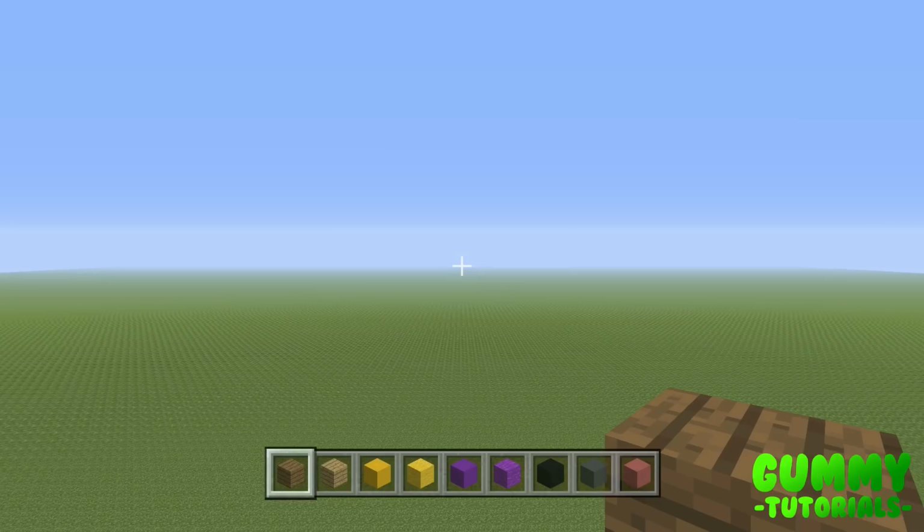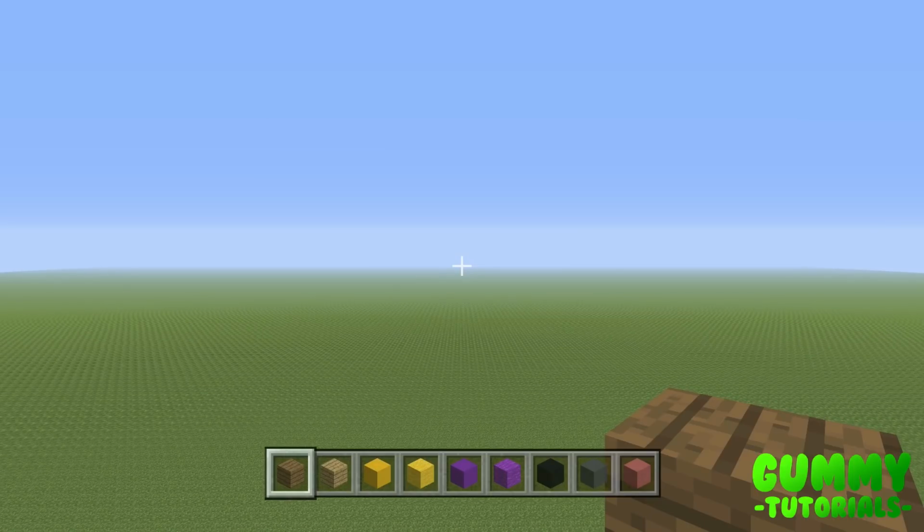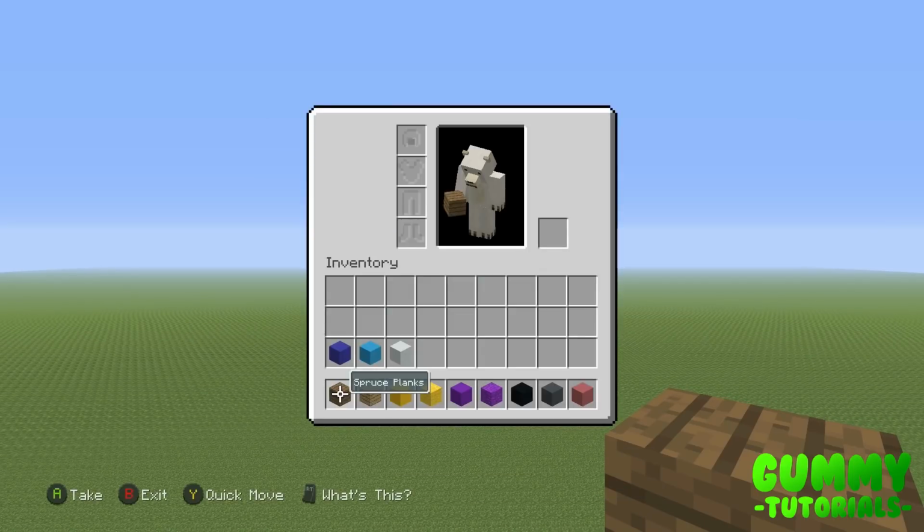But anyways, with that said, again, we are doing the Rockstar Freddy plushie, and the blocks you're going to need are the following. You'll need spruce planks, oak planks, yellow concrete, purple wall, black concrete, grey concrete, pink terracotta, blue concrete, light blue concrete, and also white concrete. So if you want to grab them blocks into your inventory, that would be great, and then we can get